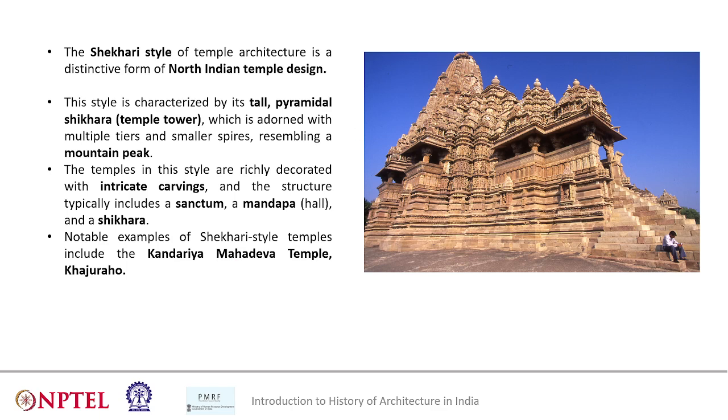The other one I was discussing is the Shikhari style. So in Shikhari style, this is basically the base, and there's the top spire, the central spire, which is topped by Amlaka. And if you see, there are projections in the plan. Now how will they be covered? They are covered with the help of, sorry, I'll just redraw it because I made a bit of a mistake.